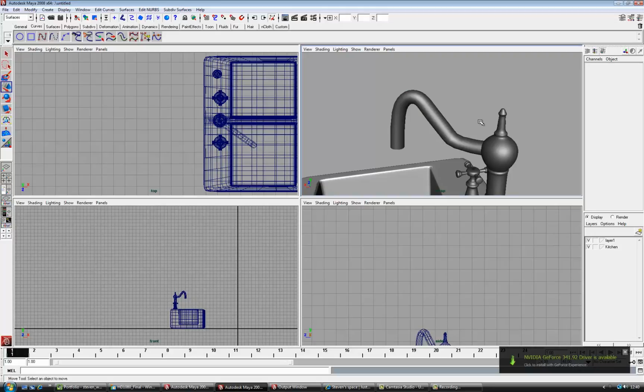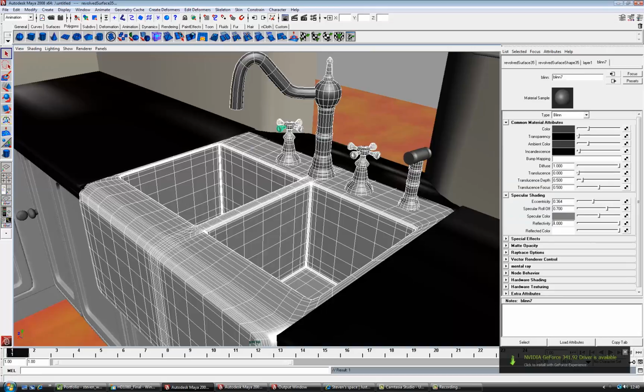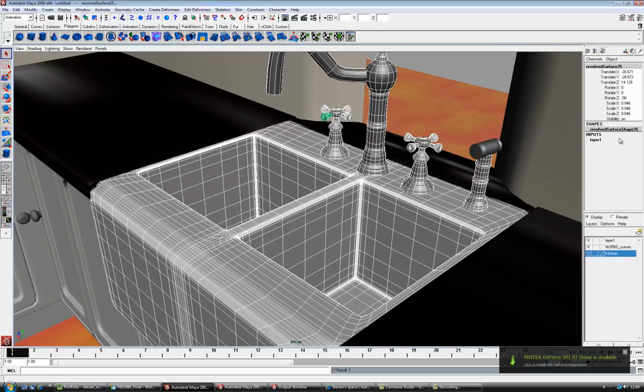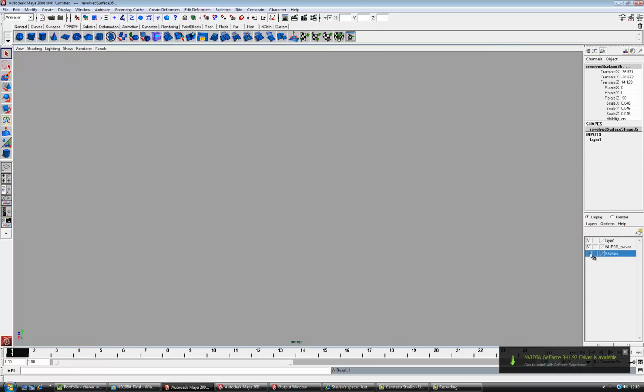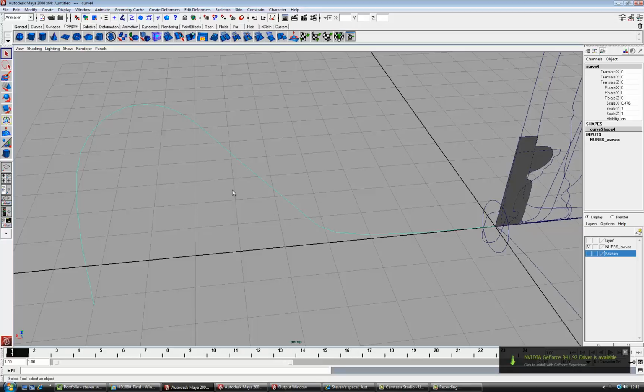That was done with a NURBS curve, one of these curve tools here, and I'll bring the curve in from the other version of Maya. So the attribute editor is selected at the moment, so if I go to the channel box, turn the kitchen off, NURBS surfaces are still shown, so show all like that, and I know right off the bat that this is the curve that I used,